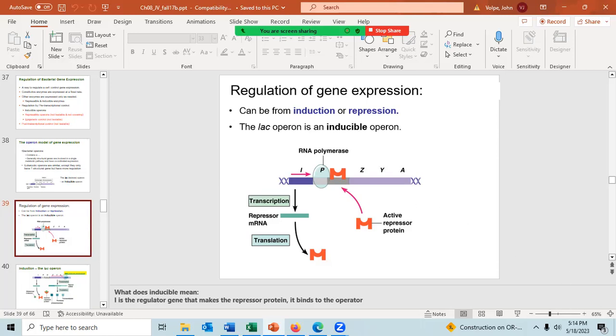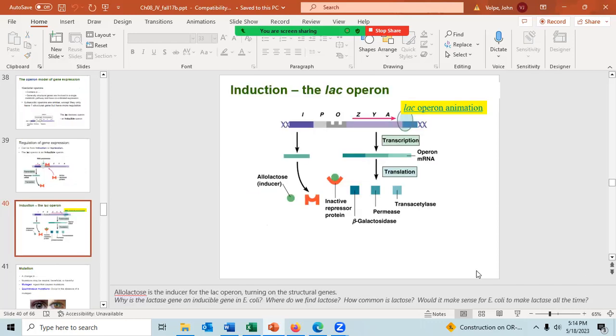All right, let's move on. Well, what happens when the E. coli does see the sugar lactose? You need some mechanism to turn on the lac operon then. And here is how it is done. The repressor protein gets made,